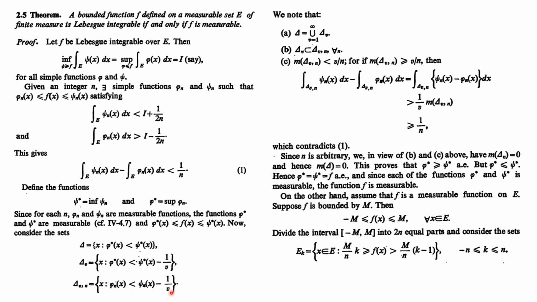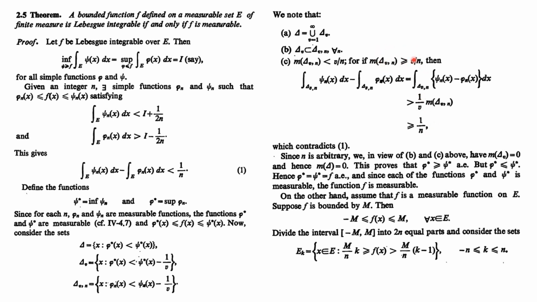This is the set of all those x belonging to E where phi n of x is less than psi n of x minus 1 by nu, right? So we can take phi n of x to be this side. We get all those x belonging to E where psi n of x minus phi n of x is greater than 1 by nu. We can take nu to be this side. So we can substitute this value over here. So this is greater than 1 by nu. So we are left with the integral of 1 over the delta nu n set, which is greater than or equal to